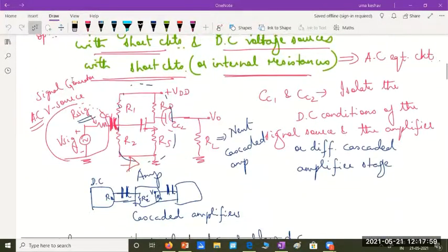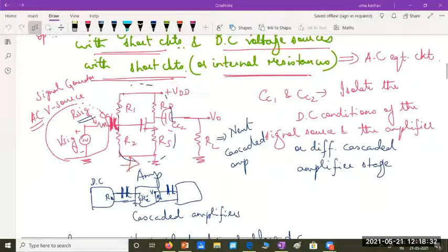Now we considered a simple amplifier, and I told you how the input signal is supplied from a signal generator, which will have some voltage Vsig and some resistance Rsig. We call this the source resistance, the voltage source along with its resistance. Then we have coupling capacitors. I told you usually we would be cascading multiple stages of amplifiers to get the desired gain. It's not a single stage we work with more often.